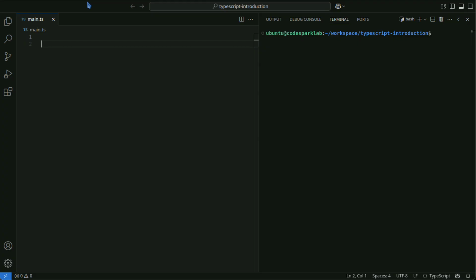This time, it's about conditional branching in TypeScript. You can learn about if statements and switch statements through code examples. Enabling subtitles will make the code descriptions easier to understand.